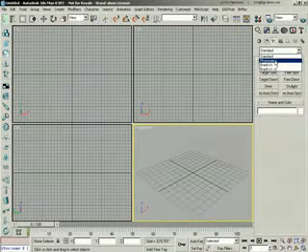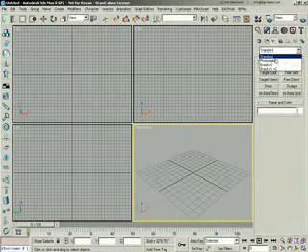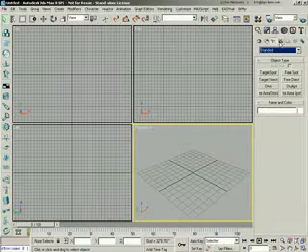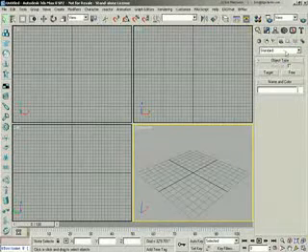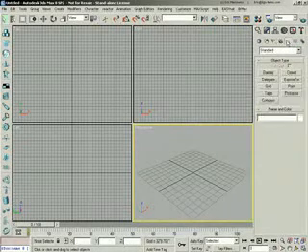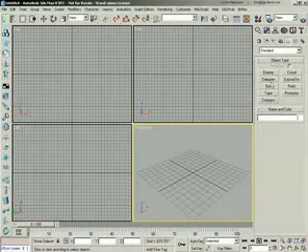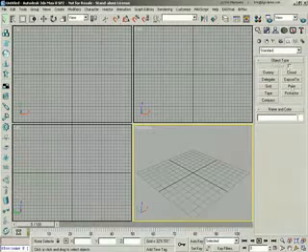Photometric is basically lights that behave using real-world physical properties. So it uses candelas, lux, and lumens instead of just an arbitrary 0 to 1 multiply factor. To the right of that are your cameras. Next up are helper objects to make your life a little bit easier, like dummy objects, tape measures, compass, protractor,